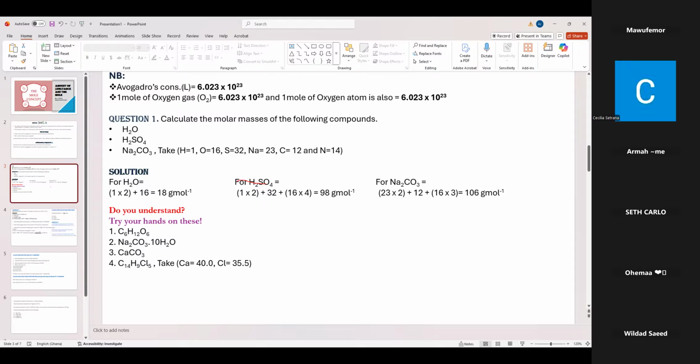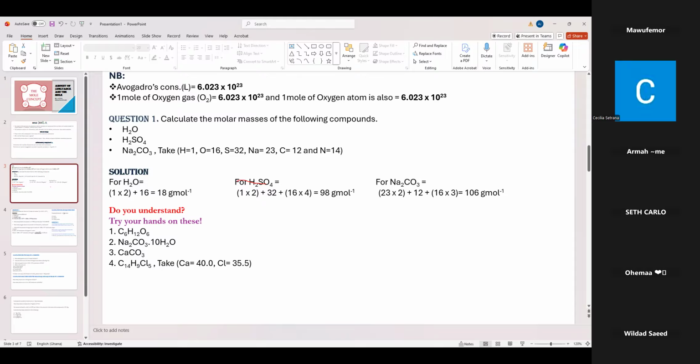Okay, so let's have a trial question. The question says you should calculate the molar masses of the following compounds. This question 1 takes us back to what we spoke about initially, the molar mass, not the relative molecular masses or the relative atomic masses, but rather the molar masses. So in order to find the molar mass of a given molecule,